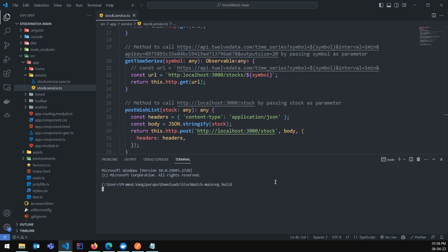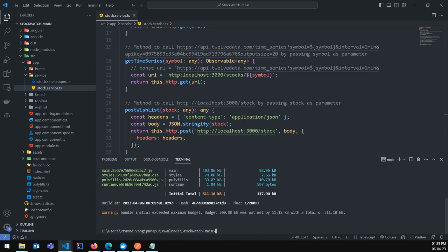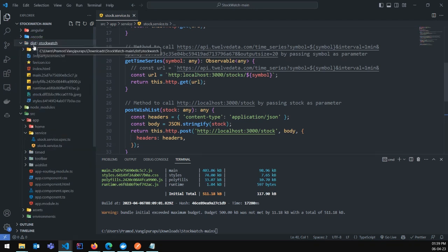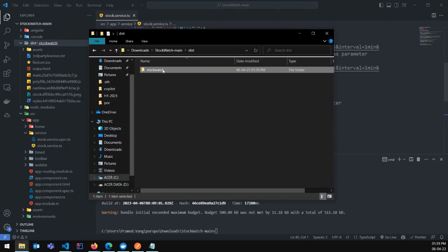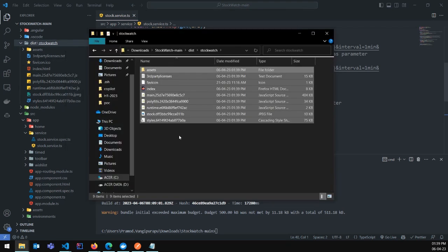So we can wait, it will be generating, and we can wait until it generates the build folder. Yes, so the build file is generated. So you can see a new dist folder is generated in your code base. So you can open this in the file explorer, and you can copy all these files, and you can then